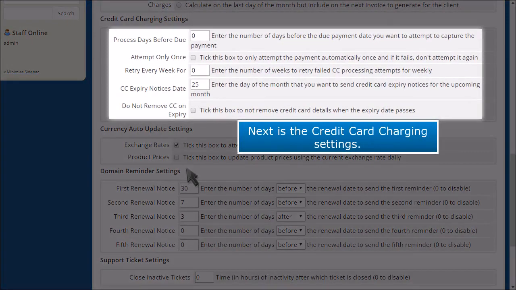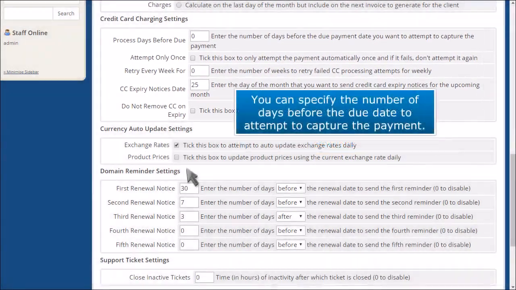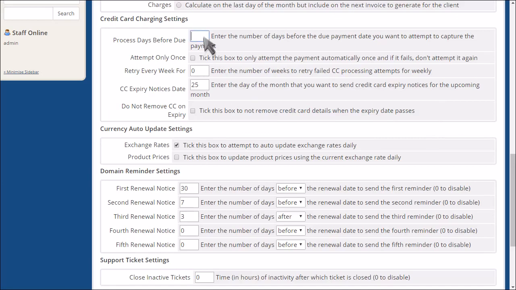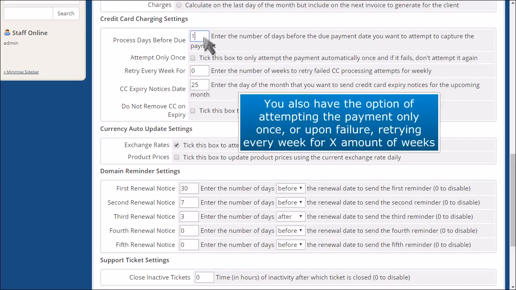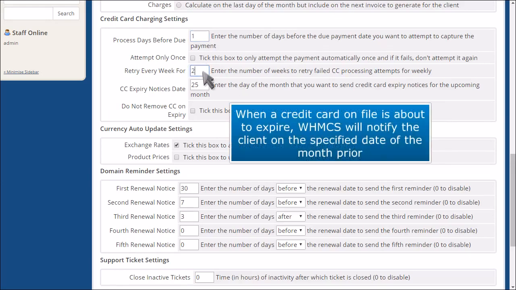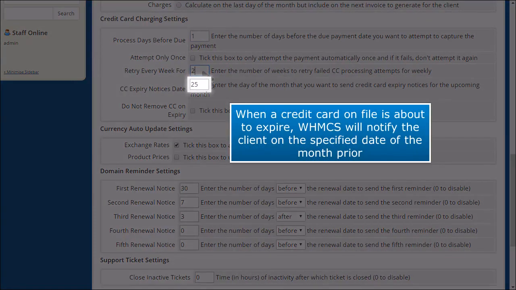Next is the credit card charging settings. You can specify the number of days before the due date to attempt to capture the payment. You also have the option of attempting the payment only once, or upon failure, retrying every week for X amount of weeks. When a credit card on file is about to expire, WHMCS will notify the client on the specified date of